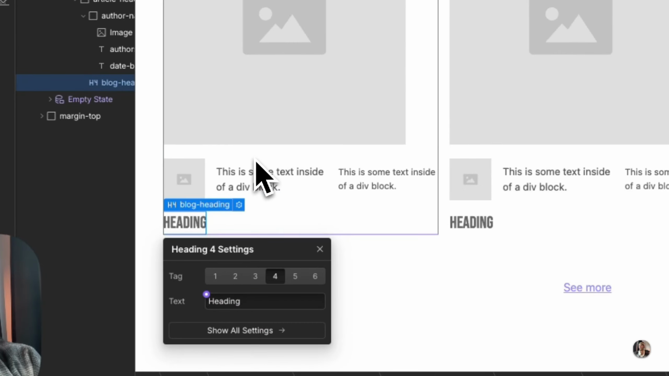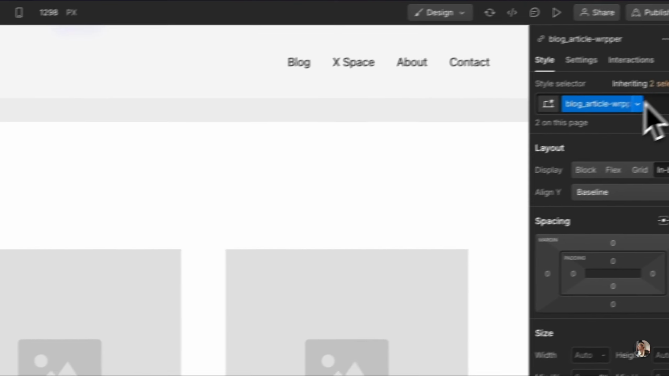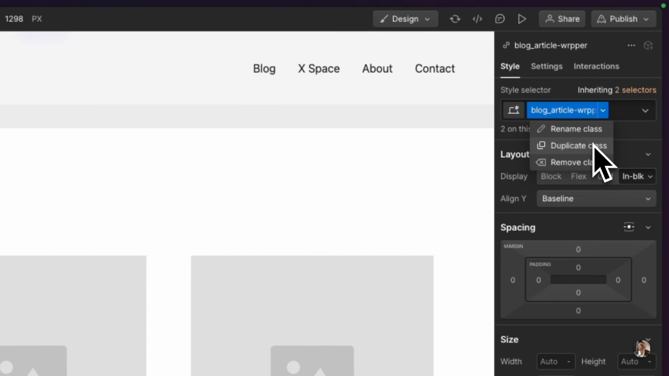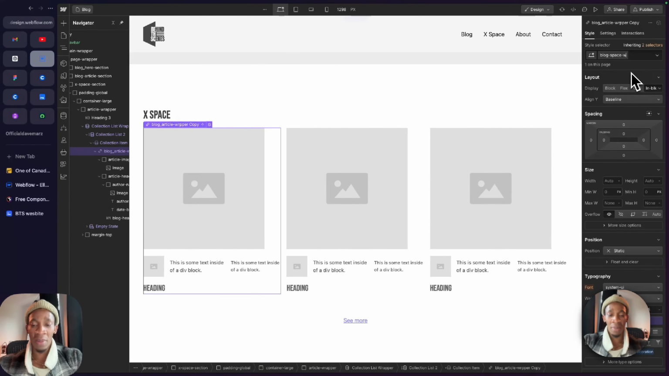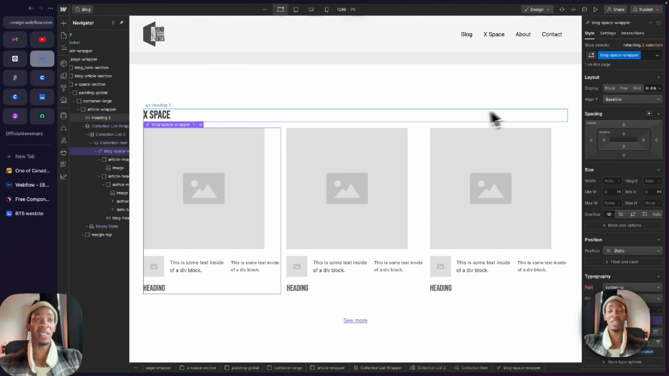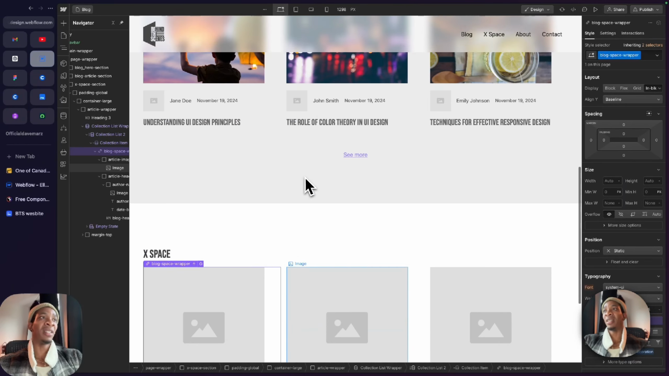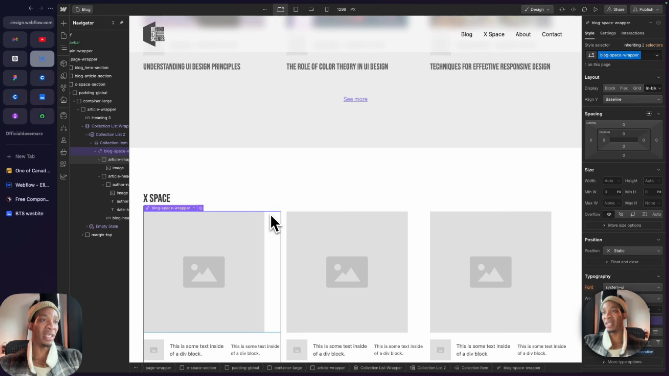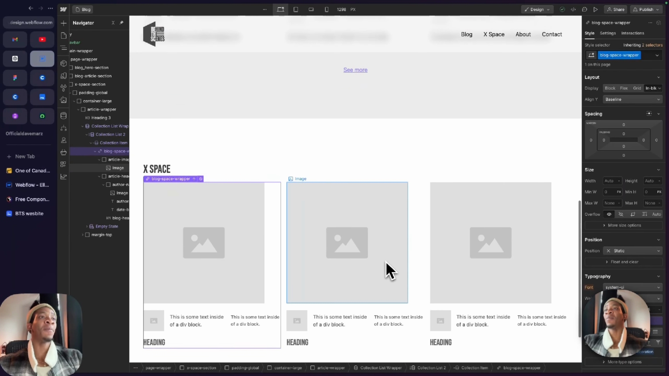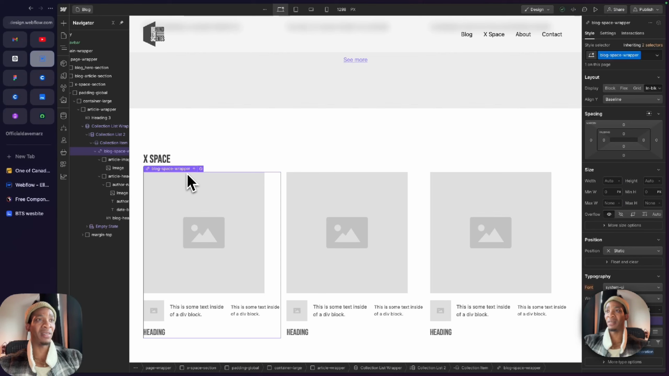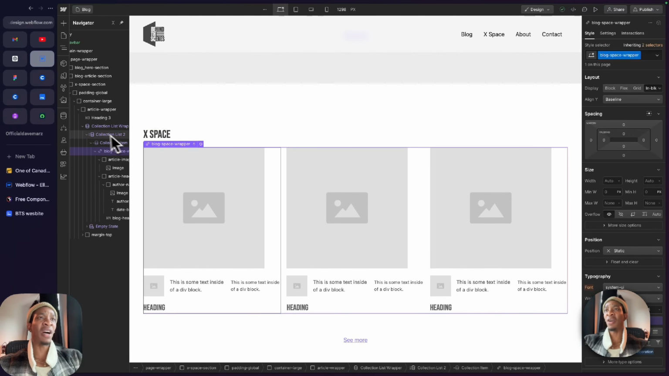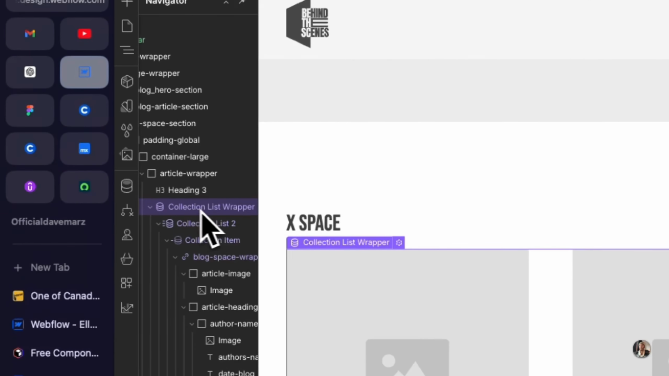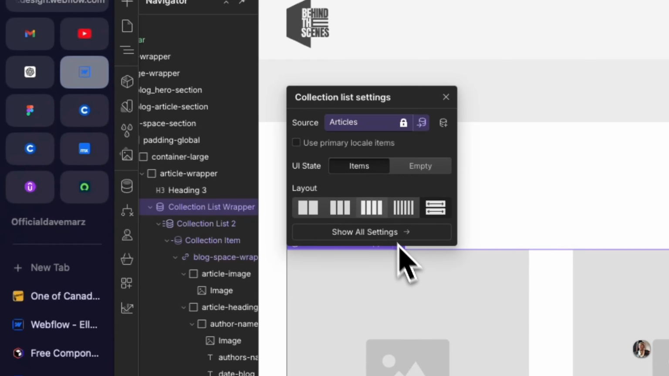Everything has been disconnected. So now we have to rename or duplicate this to blog space wrapper. Duplicate, not rename, because if you rename it, it simply means it's still going to rename here. If you duplicate it, it's going to duplicate, then you can rename the duplicate. So we now have blog, but for space wrapper. All right. So this is now where we can go to the selection list wrapper, and now we can, oh,